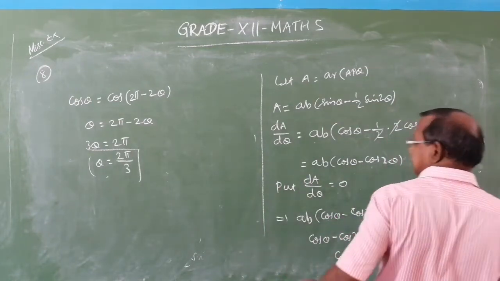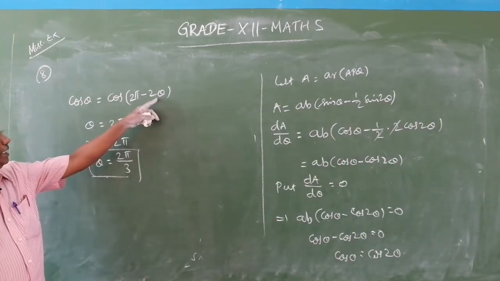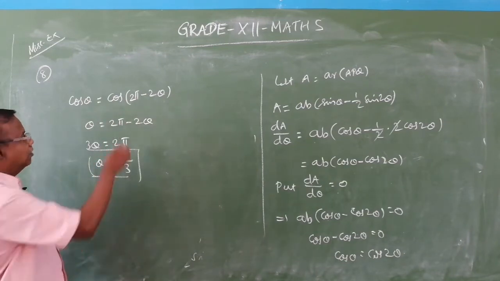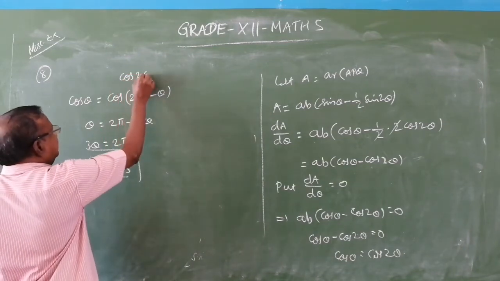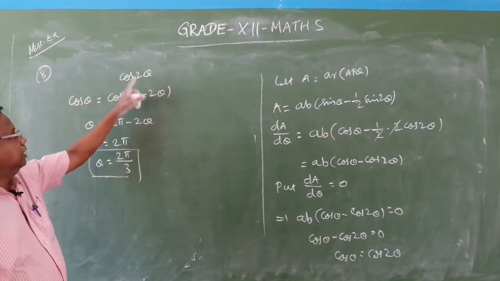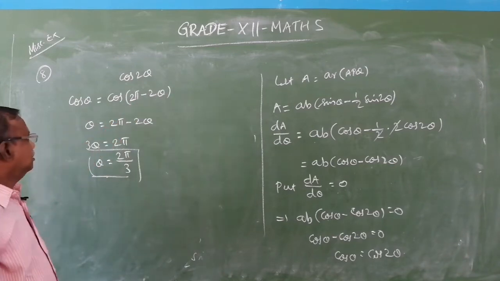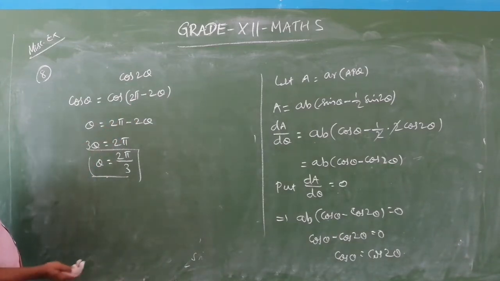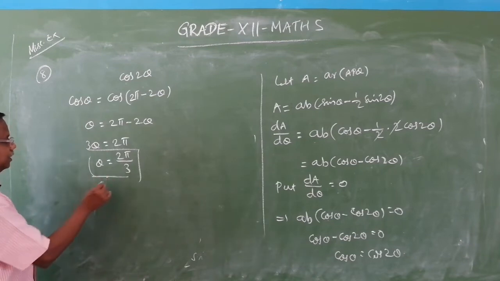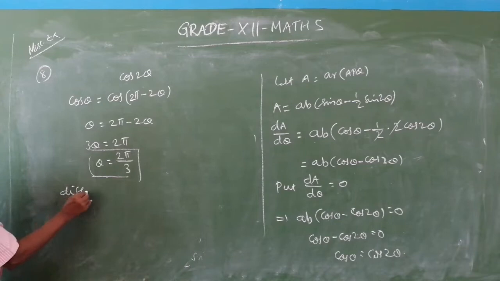Here the angle is 2 pi minus 2 theta. We can rewrite this, because cos of 360 minus theta is cos theta only. So cos theta equal to cos of 2 pi minus 2 theta, which lies in the fourth quadrant, and theta equal to 2 pi by 3. Now differentiating the function again,